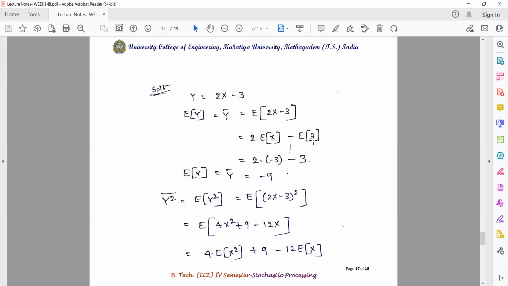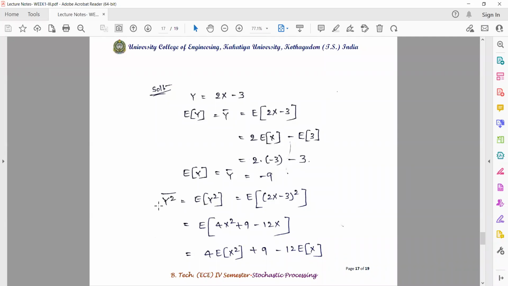We have seen in the previous session also that the expectation of a constant is always the constant. So expectation of x is given as minus 3: 2 into minus 3 plus minus 3. So E of y, that is y bar, is equal to minus 9. The second one is